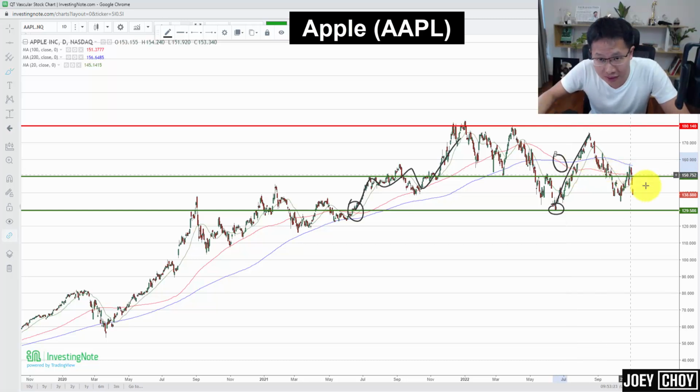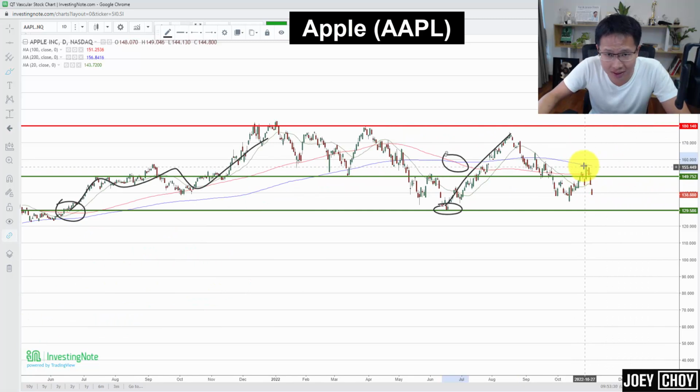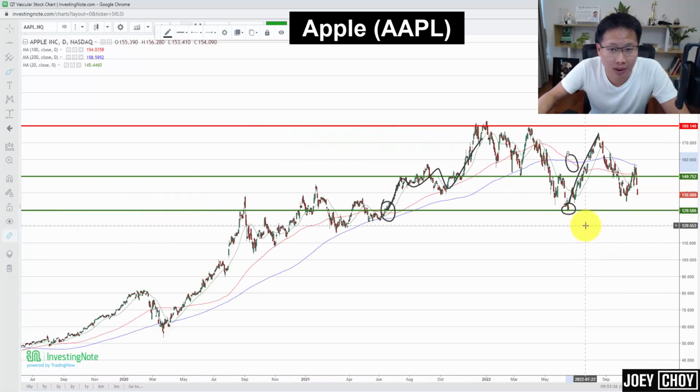Red below the blue, which is what we're seeing right now, pointing down, then it's not a good thing. But right now you can see both of them are pretty much moving sideways. You can see both are flat. So a bit of sideways movement, a bit of a consolidation we call it, and that would be the